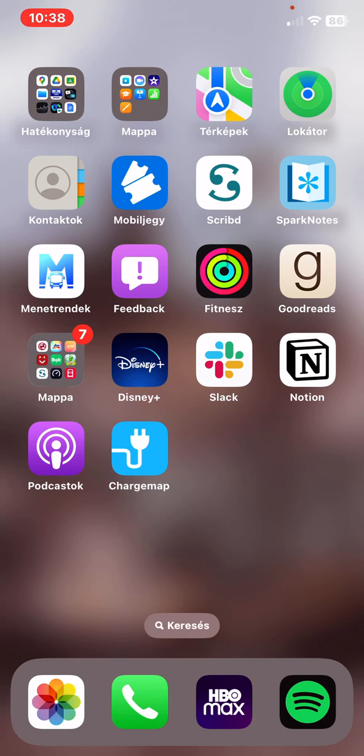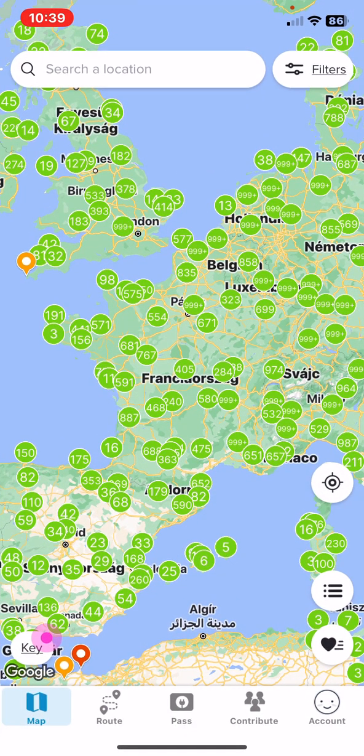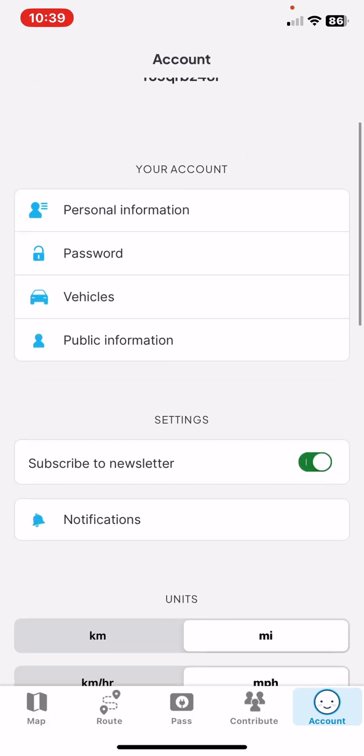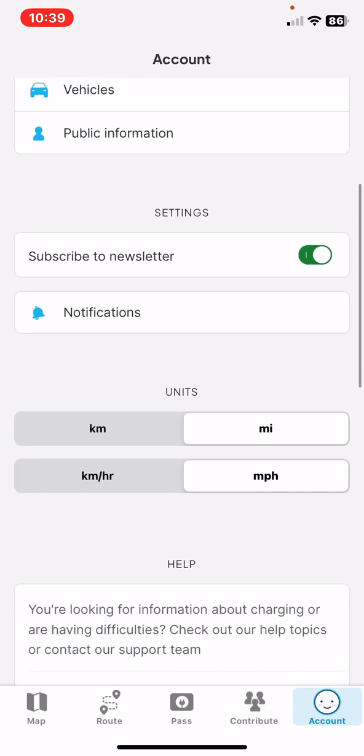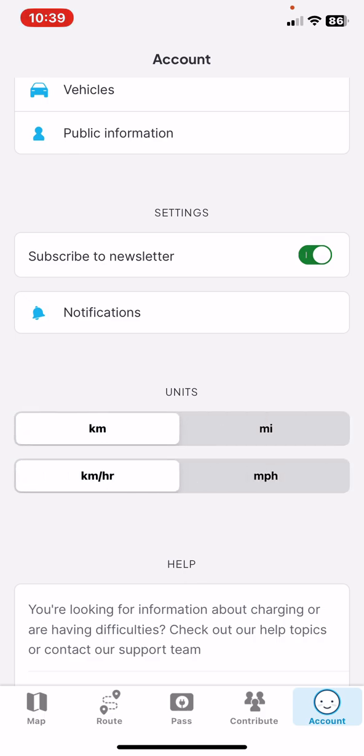Let's jump into it. First of all, open the application on your phone. And then click on the account button at the bottom of the page on the right. And if you scroll down, look for the units section. And as you can see, you can set the units for kilometers or miles. And you can also set if you want to see the units in kilometer per hour or minute per hour. So just click on the one that you want to use, and the